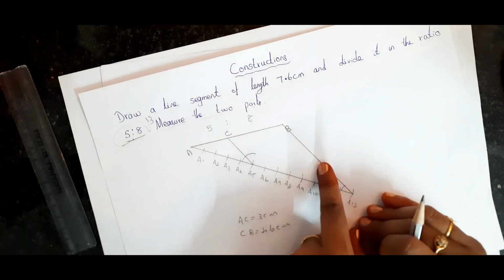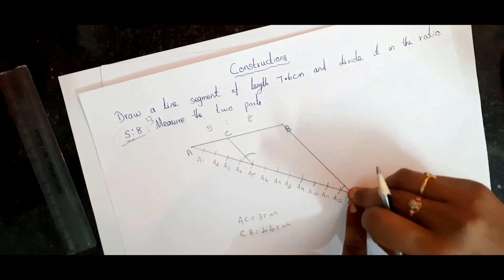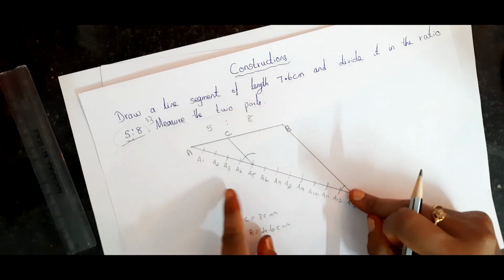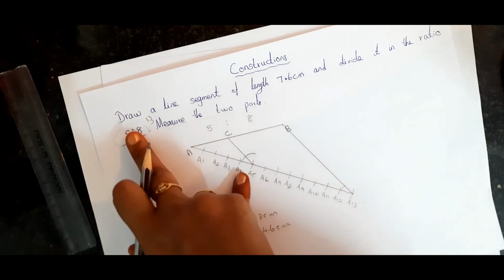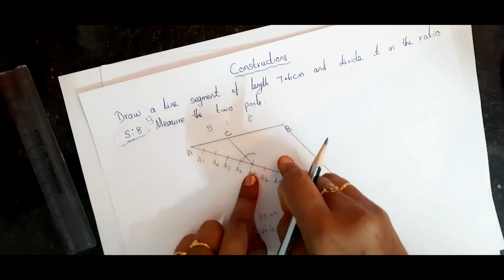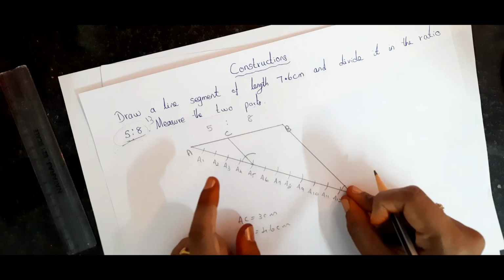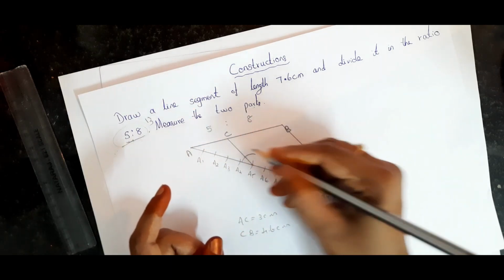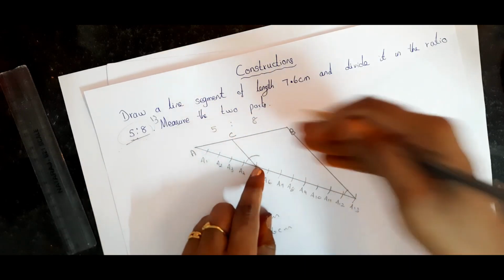Then next we need to draw the parallel line. How to draw the parallel line? From A13, with more than half of 1 centimeter, draw one arc. With the same measurement from A5, draw one arc. Why A5? Because the first value of the ratio is 5. That's why from A5 we should draw one arc. Then using compass we should measure the arc length. This length you should measure. Then from the starting point of the arc you should cut. Right. Then using scale you have to join. Then we will get a parallel line.